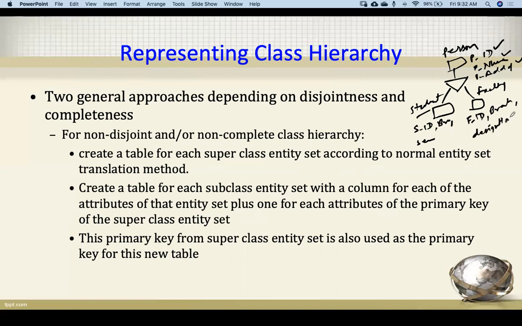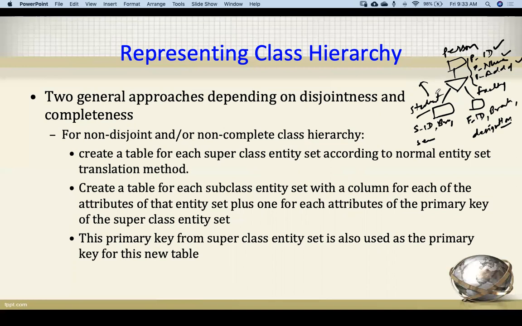What is the designation of that faculty? So if we create the student table, it will be all these columns plus these columns. These are three columns and these are three columns, so it becomes six columns. Faculty, how many columns? Three and three, so six columns.